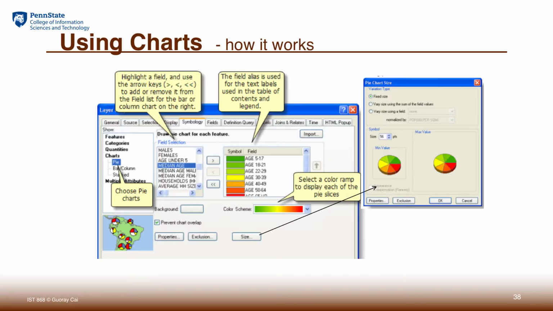In case your map is too crowded and the pie charts are not visible, you may have to customize the pie chart size in order to make it work. You can decide to use either fixed size or variable size, and variable size means the size could vary with some attributes.